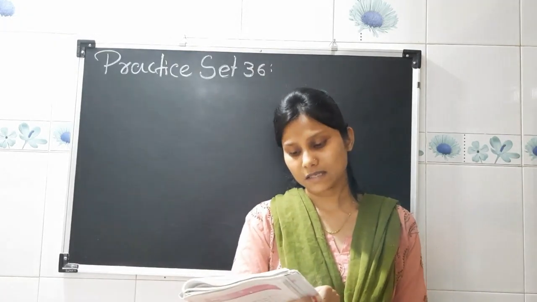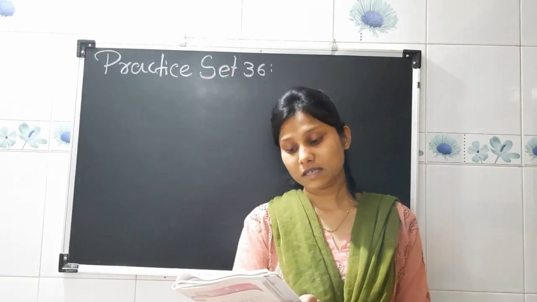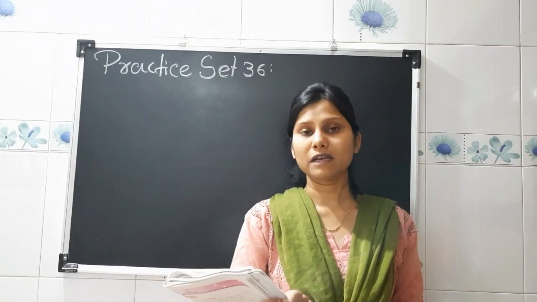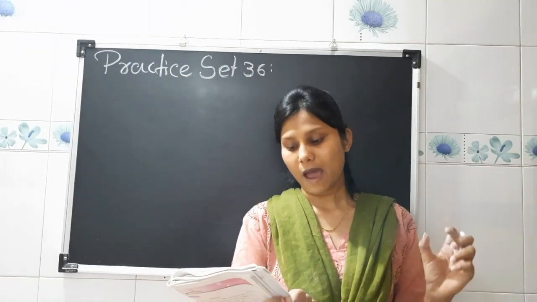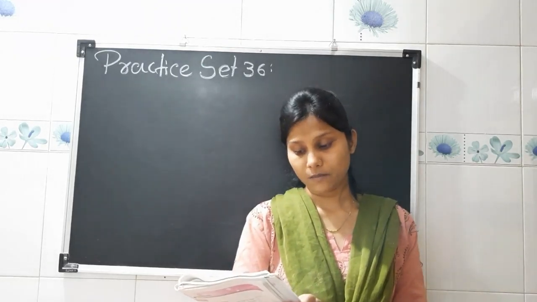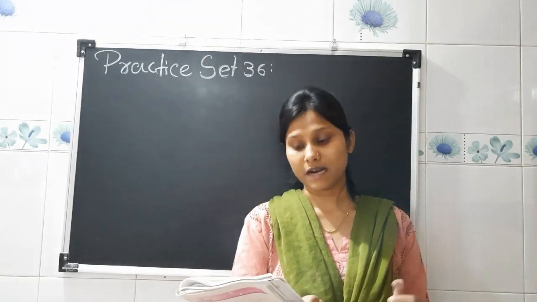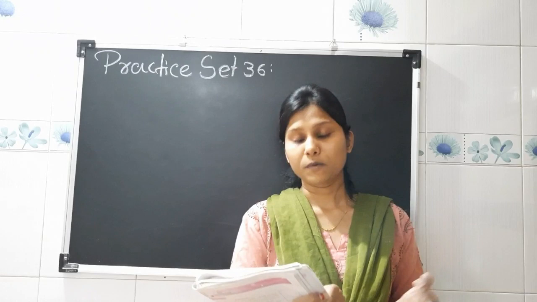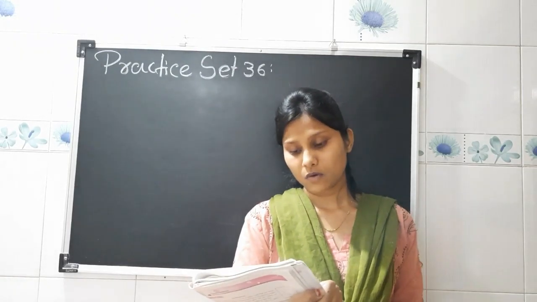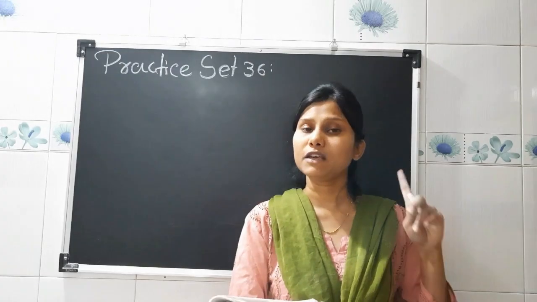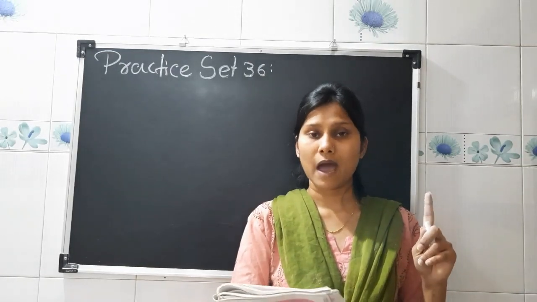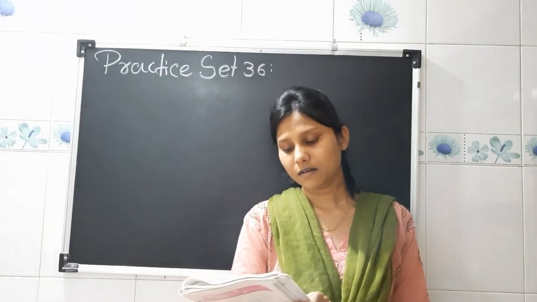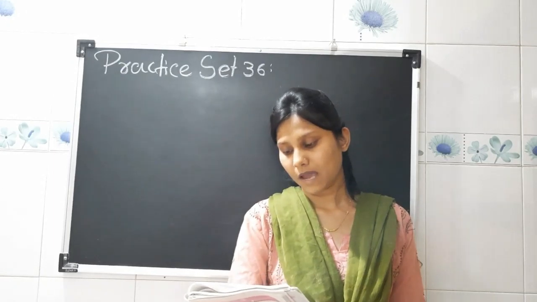Okay, then next, XYZ. See, in XYZ, angle Y is 125 degrees, more than 90 degrees, which means it is an obtuse angle. Angle Y is an obtuse angle. So triangle XYZ is an obtuse angle triangle. A triangle having any one obtuse angle is an obtuse angle triangle. Then the last, LMN.